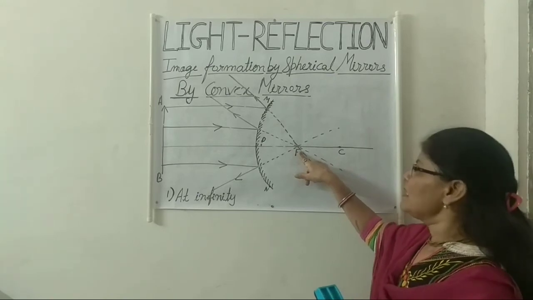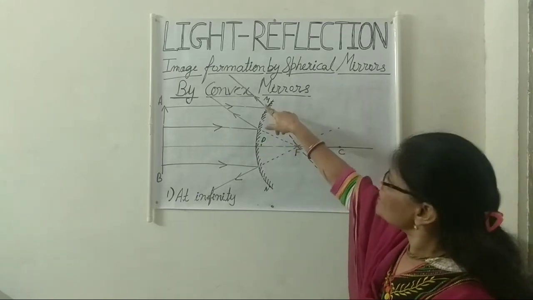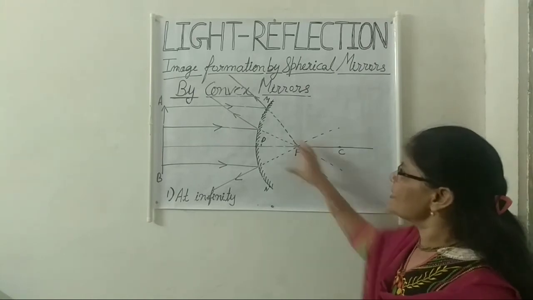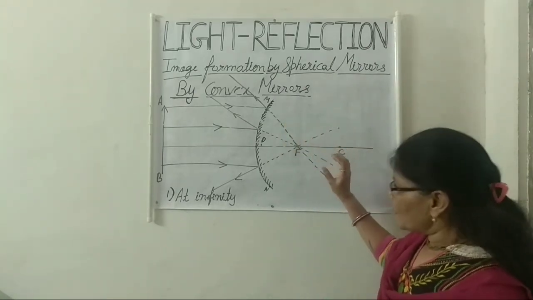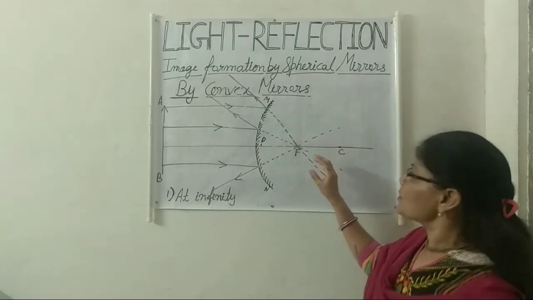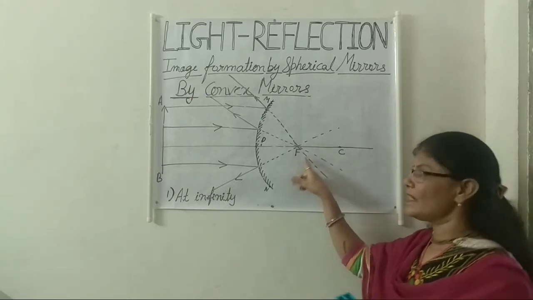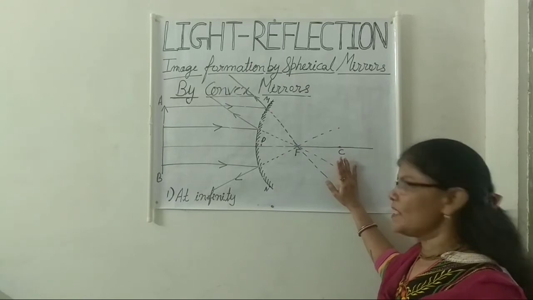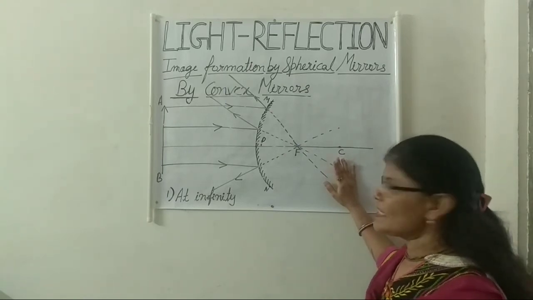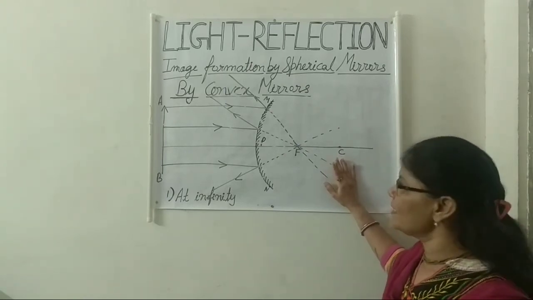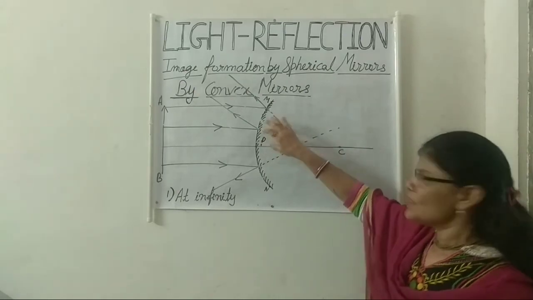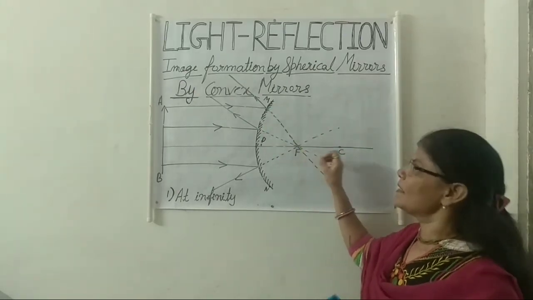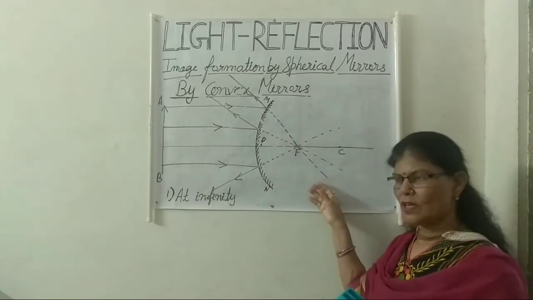So this convex mirror is also called a diverging mirror because it diverges. All the parallel beam of light appears to diverge from the principal focus, and it diverges the incident rays. So it is also called a diverging mirror. This is the first case: when our object is at infinity, a parallel beam of light incident on the convex mirror will pass through the focus and they all will diverge. This is all about our first case.